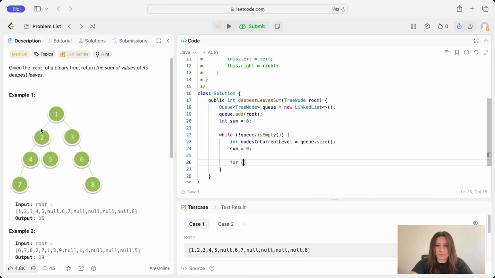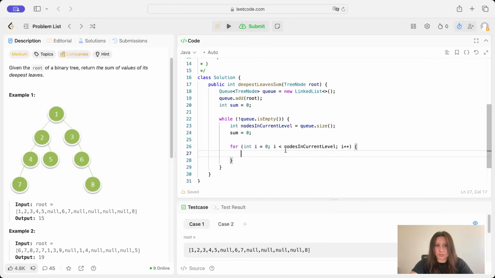So for every level, it's going to get reset to 0 in this case. So for i is 0, i is less than nodes in current level, i++, and then we're going to traverse each level. So our node is q.remove, our top node, and then we're going to add our sum to